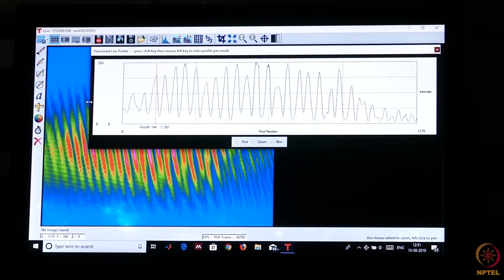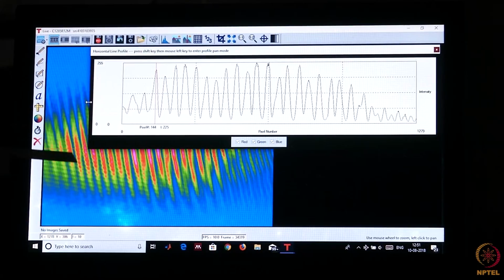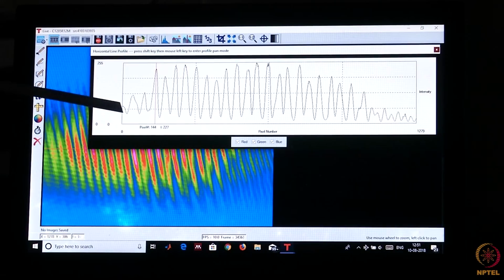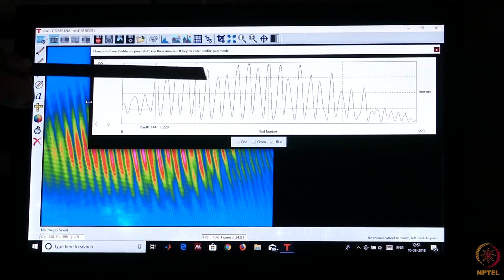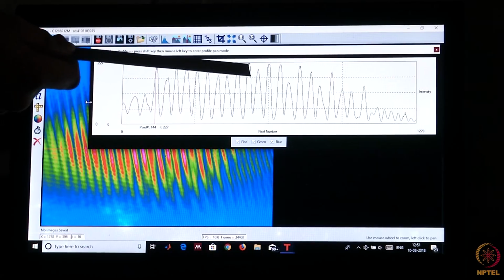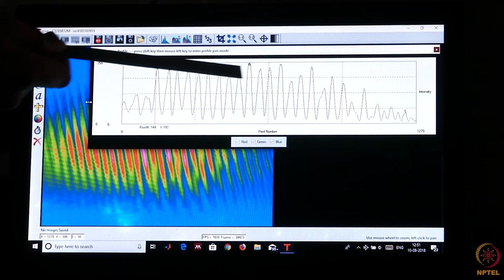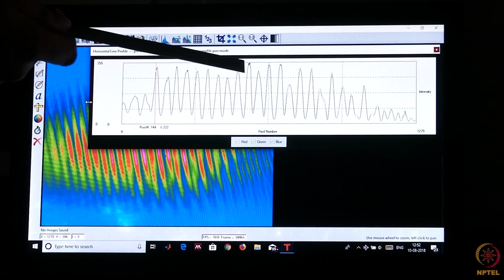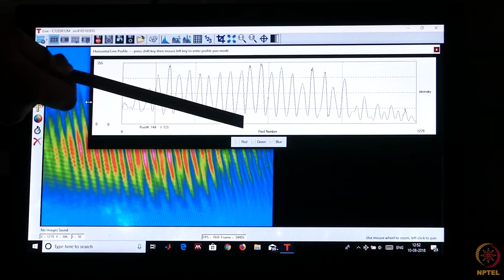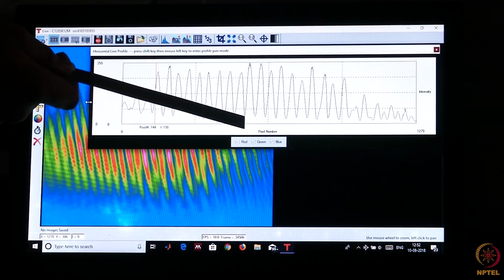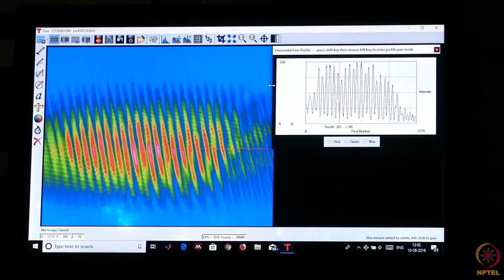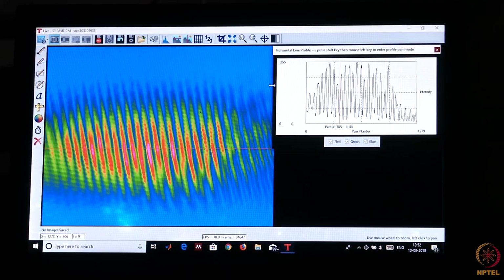According to this fringe pattern, you can see the line profile intensity variation. You can take a value over here, some maximum intensity value. The intensity values here range from 0 to 255. Let's take I max of this value and I min some value over here, and based on this I max and I min we can calculate the visibility. This is the visibility at a path length difference of approximately 0 centimeters.